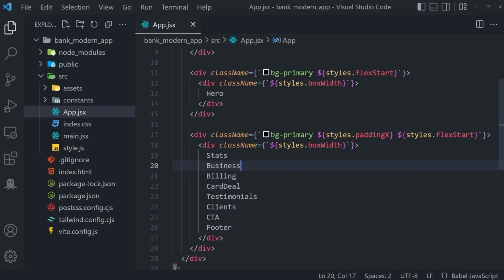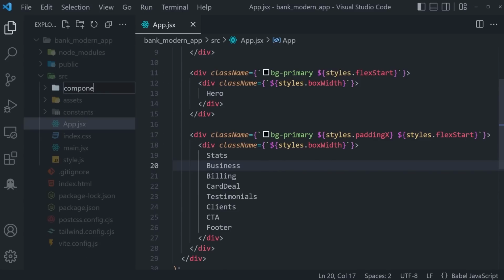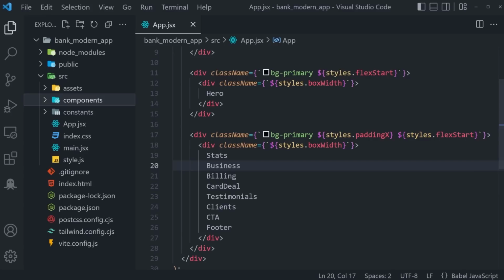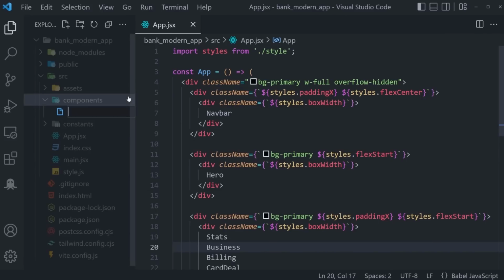So let's do just that. We can right click inside of our source folder and create a new folder called components. React is all about components, reusing them and making sure that everything is as readable as possible. Every component needs to do its own thing. So let's create the basic structure for all of the components that we're going to use throughout this entire application. That is going to take some time up front, but trust me, it's going to save us a lot of time in the future. So let's create our first component, which is going to be called